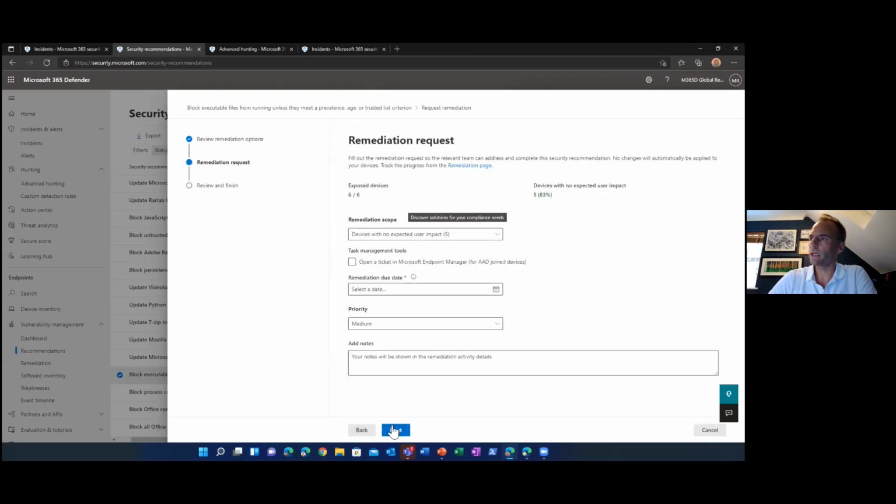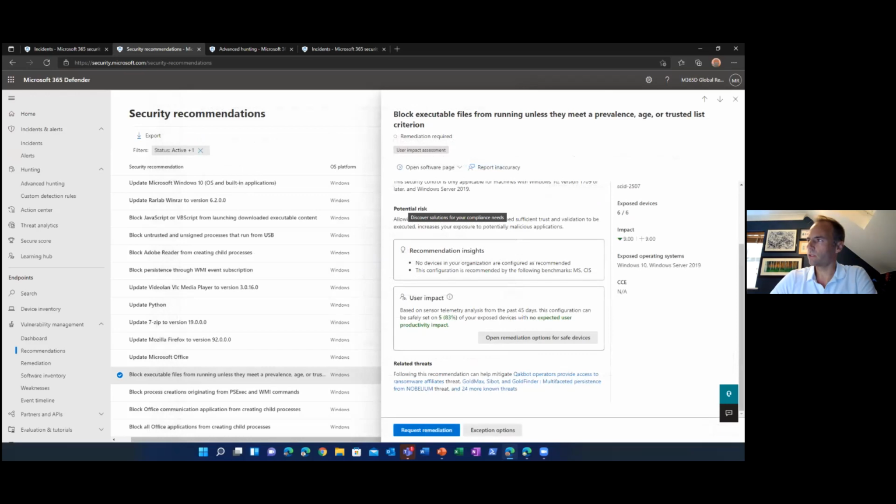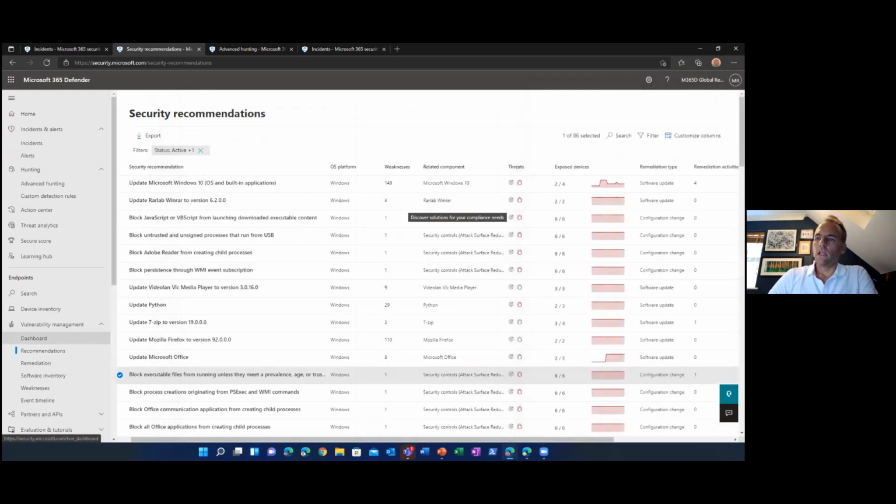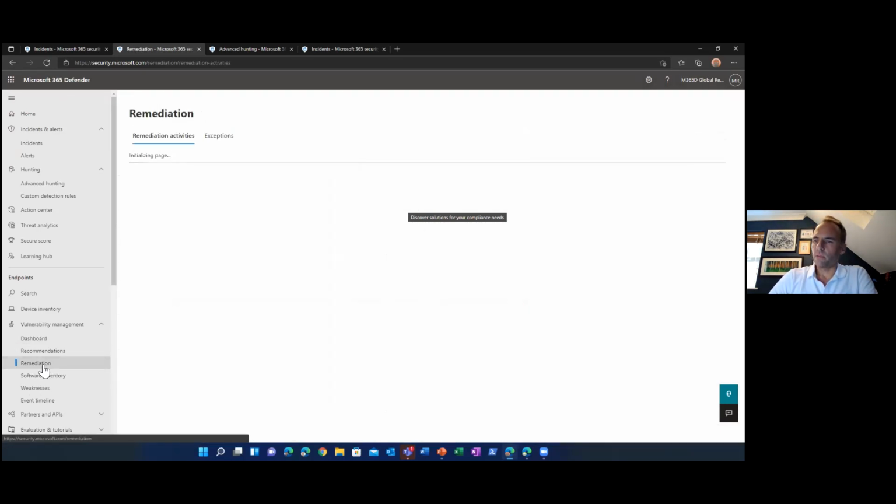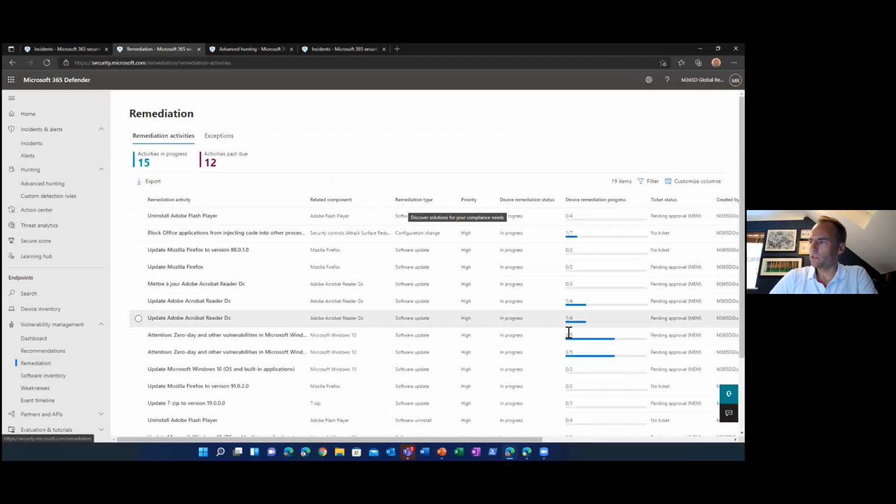vulnerability, and I can then jump into here and say, well, I want to open a ticket in Microsoft Endpoint Manager, for example, to then create that ASR rule and push it to those 5 devices, set a date. I can track that remediation, but then whoever looks after Endpoint Manager will see that under Microsoft Endpoint Manager or Intune, and can then take action to implement those attack surface reduction rules. And then you can track your remediation in here as well. So it shows you how many devices have been remediated against that specific